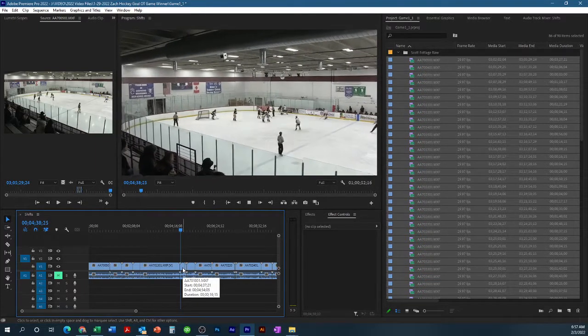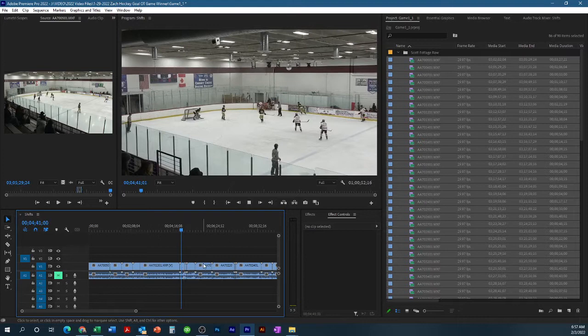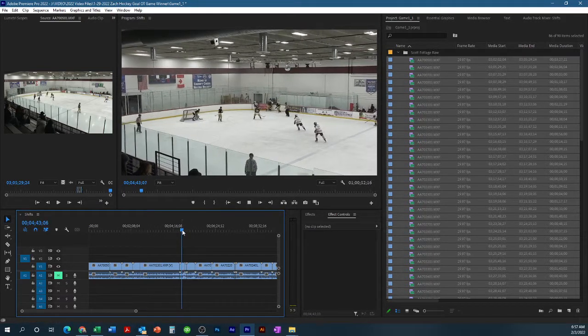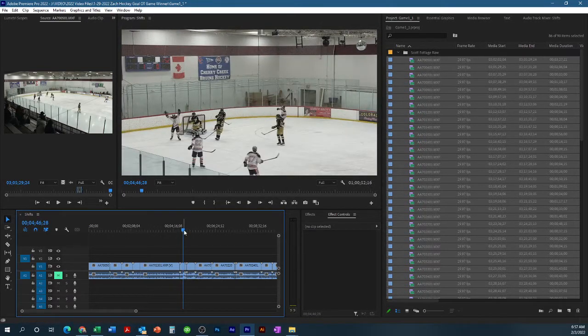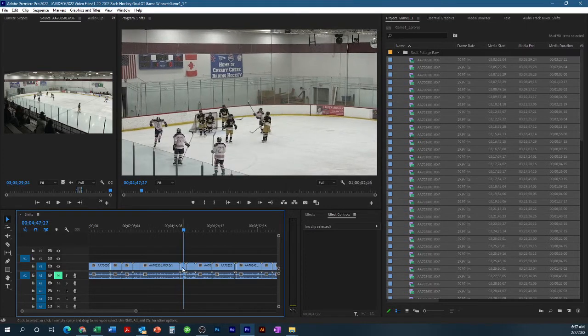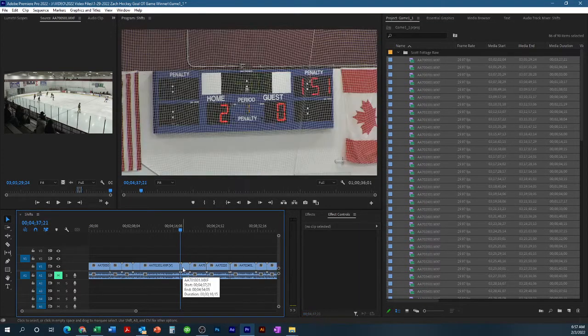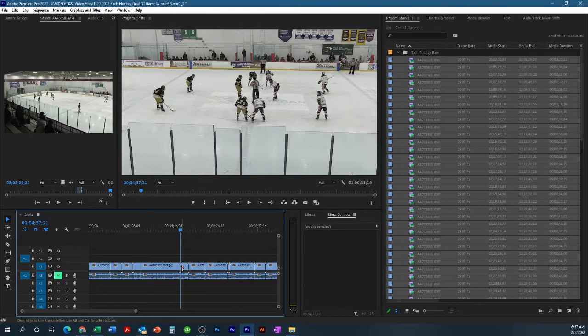So we've got a face-off here. That is not him in the face-off circle. He is not on the ice for this. It's a short clip. They actually score, butt heads. So we get rid of that. We get rid of that. He is not facing off